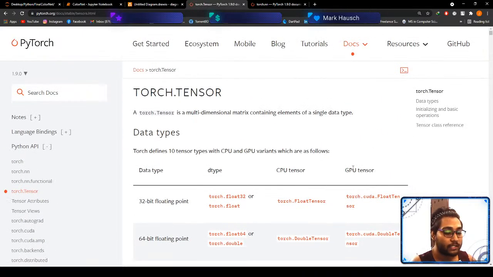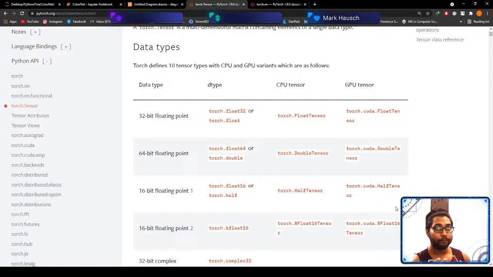Tensors are quite important in PyTorch. Most of the calculations: what is machine learning? It's the calculation the computer does to predict something. So the calculation is quite important, and the tensors are the form of data that the calculation is done on. For example,